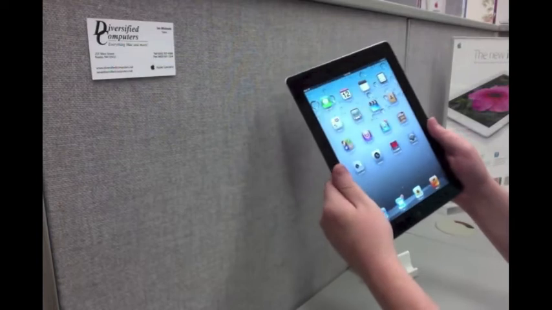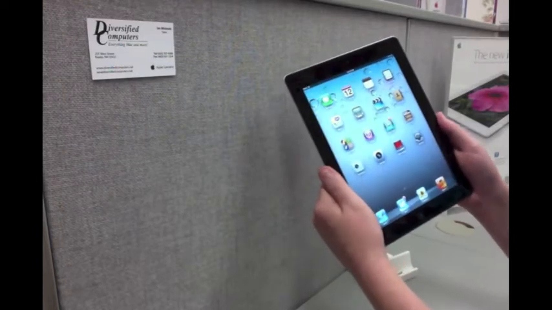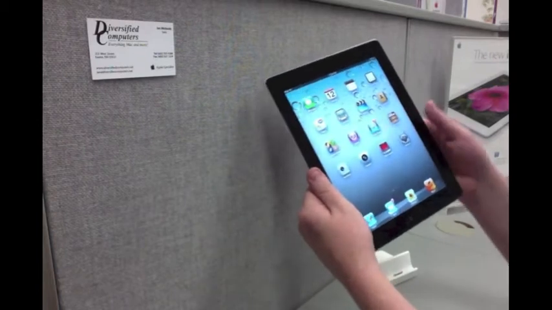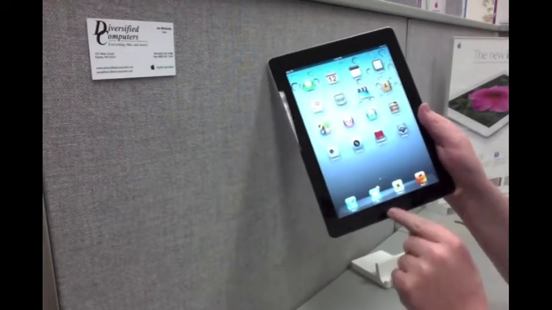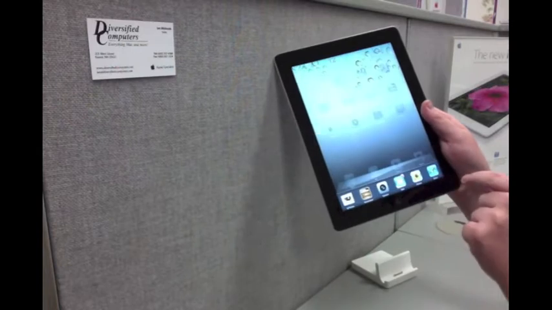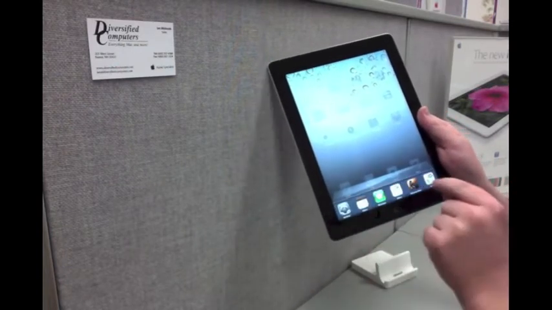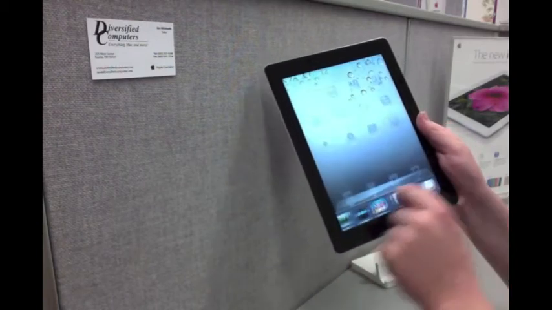And number one is to look at closing the apps that you have running. You may not know it, but a lot of the apps, even after you close out of them, they're still running in the background. To see all of the apps that are running, we'll double tap the home button. And see, this brings up a list of all of these apps. I've got a few pages of apps that are all running at once, and that can cause things to act